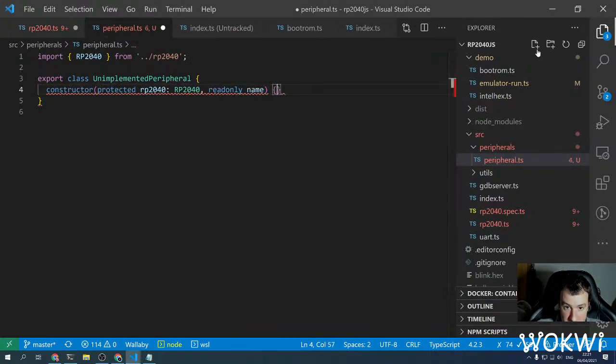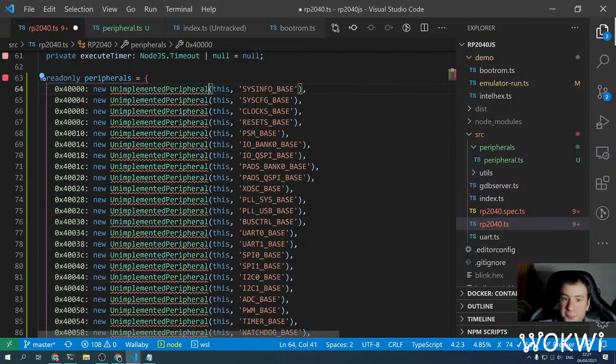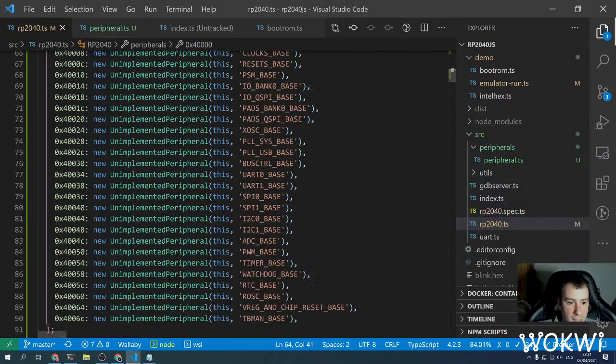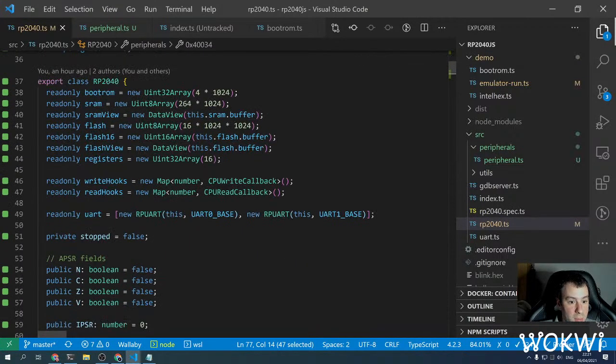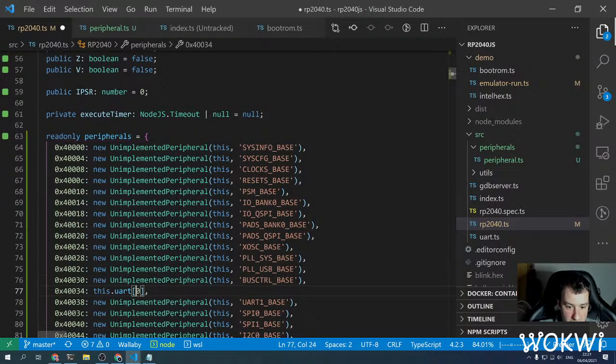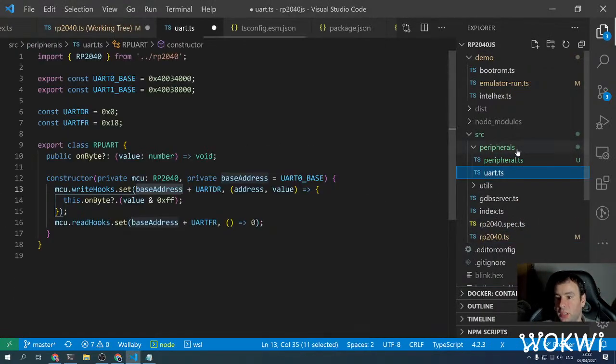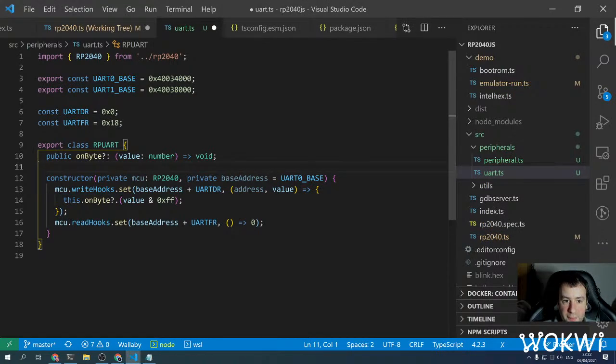Cool. So we have these peripherals, and now it's a string, and now we need to import it here, right? And instead of for the UART, we already have the peripherals, so I think we even created those here, so we can just do this.uart0, this.uart1, and we'll need them all to implement some kind of interface. So we will probably do that in a moment, but first of all, let's move the UART into the peripherals directory,